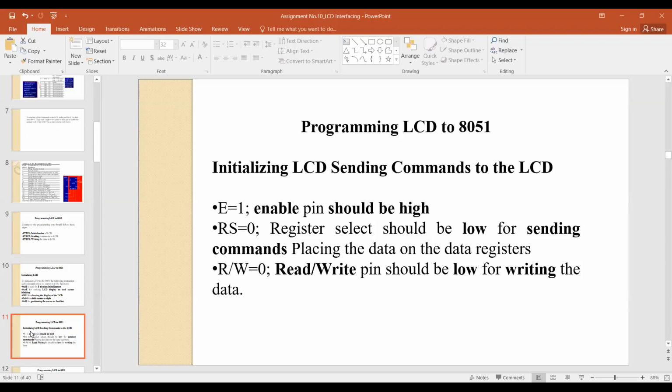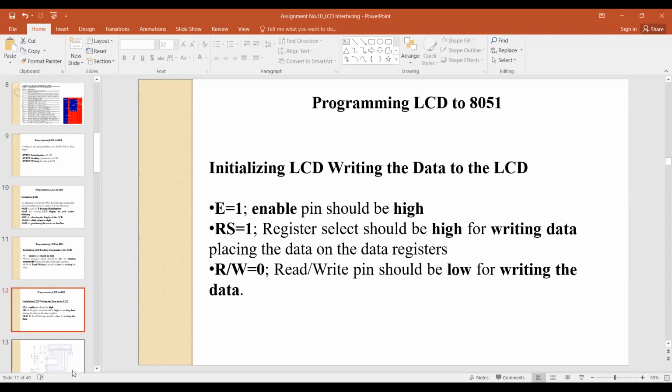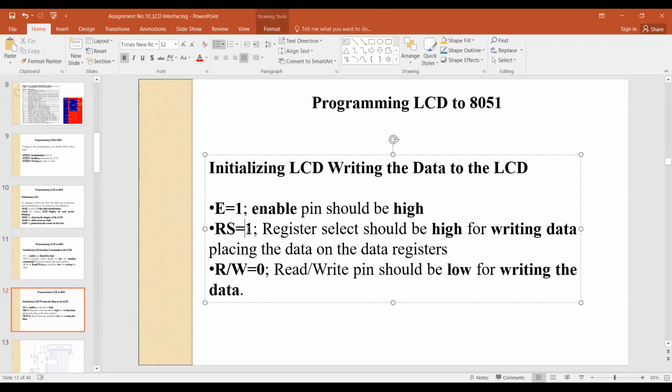For that purpose, you set enable E equal to 1. Only one difference is there between command sending and data sending. RS value is 0 whenever you send the command, and RS value is 1 whenever you are sending the data. I will show you that. So if you are sending data, then RS value is 1.